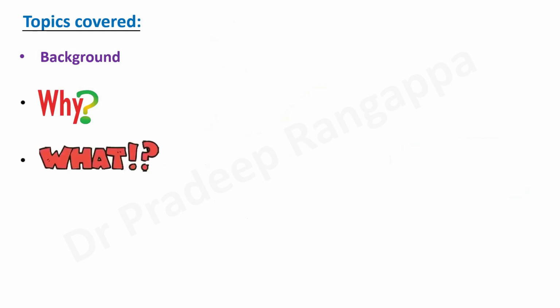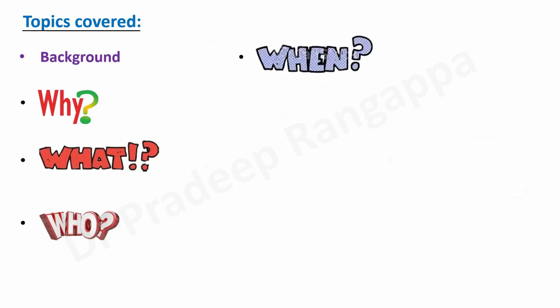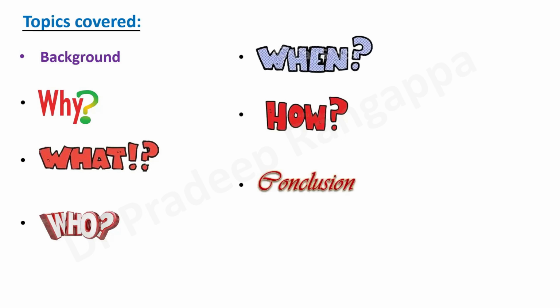The topics that I would cover are a bit of background and why the need for palliative care becomes relevant for ICU, and what are the components of palliative care in ICU. We look at who should deliver this palliative care in ICU, and when is the right time for palliative care to be considered. And we look into how palliative care has to be delivered to a patient in ICU and the different nuances that may be involved. And we'll talk about conclusions.